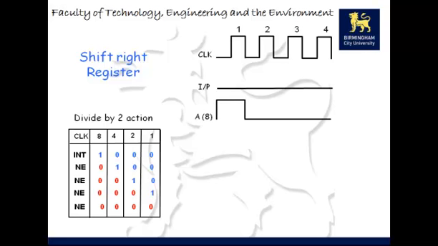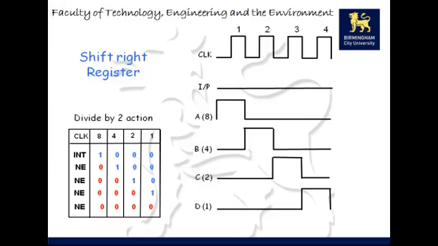Now, initially, the first flip-flop on the left, which was assigned 8, is high. Then after a clock pulse, it's the second one, 4, then the third one, which is assigned 2, and the fourth one, which is assigned 1. Now, if we look vertically down at every clock period, then the weighting of the first